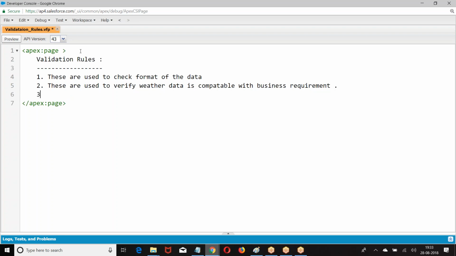When are the validation rules verified? Validation rules are verified on record create or update.